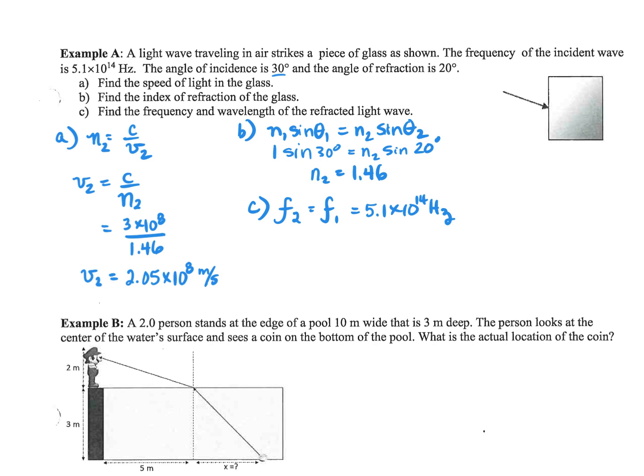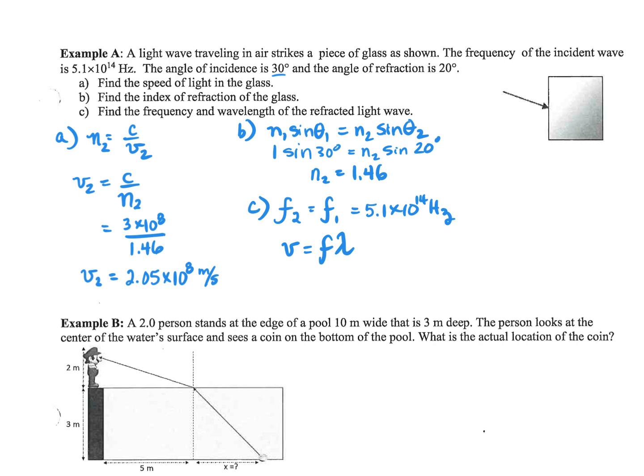There's an inverse relationship between wavelength and frequency. As one goes up, the other goes down. So shouldn't wavelength also change? No, because the speed changed. Remember, here's the key to this. What do we know about velocity? It is frequency times wavelength, isn't it? We learned that last time. Frequency times wavelength. So if the velocity changes but the frequency stays the same, then the wavelength had to change,